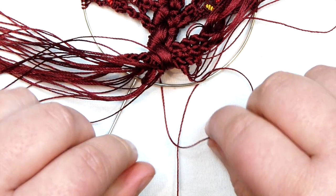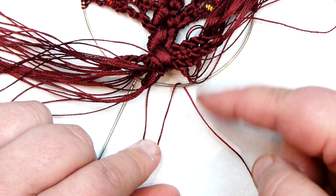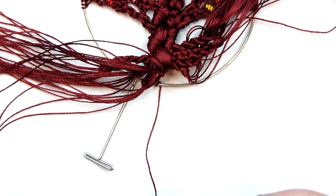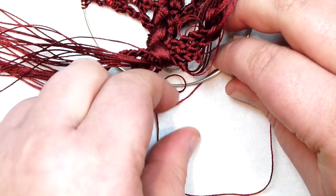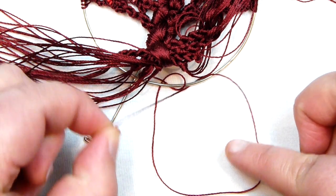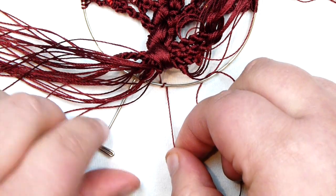So I'll go back around the same way, underneath, like this. So you have your cord lying like this, basically looping around your frame, like so. And then I just do it one more time. But this time when you come back around, you need to come up through the loop that you made with the cord. And now before you tighten it,